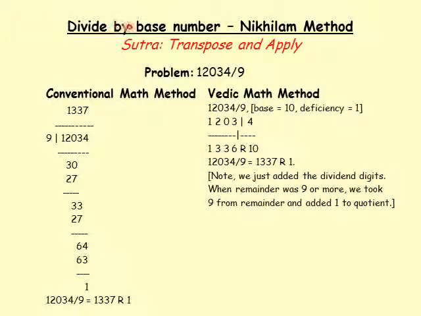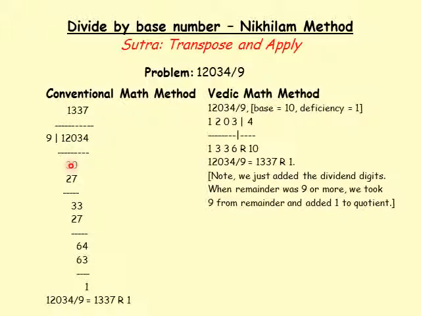Now we will discuss dividing by a base number. We will use the Nikhilam method, also called the transpose and apply method. An example we will use is 12034 divided by 9. For the conventional method, set up the problem like this: 12034, then a vertical line and 9 on the left. Then take the first two digits, divide by 9, and you take a quotient of 1, a remainder